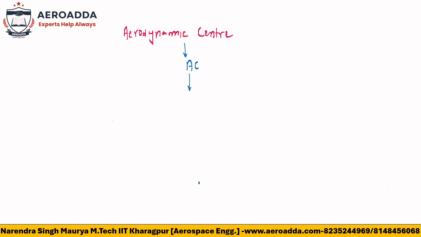But if you calculate the position of the aerodynamic center, it will be denoted by XAC. XAC is the location of the aerodynamic center